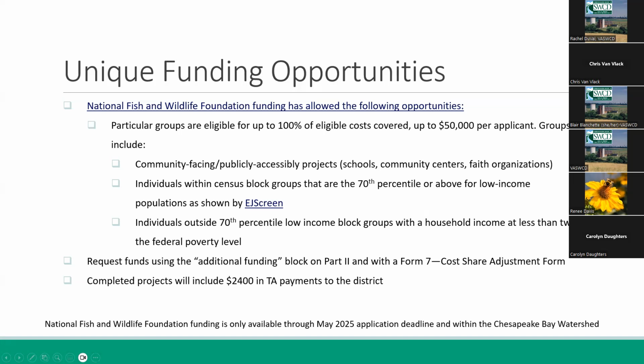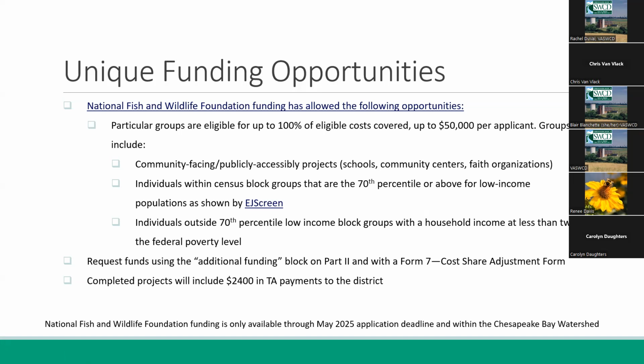So we are looking to support particular installations for particular applicants. First of all, we are offering up to 100% of eligible costs covered, up to $50,000 per applicant for these groups. Community-facing or publicly accessible projects with the hope of using them as an outreach opportunity.